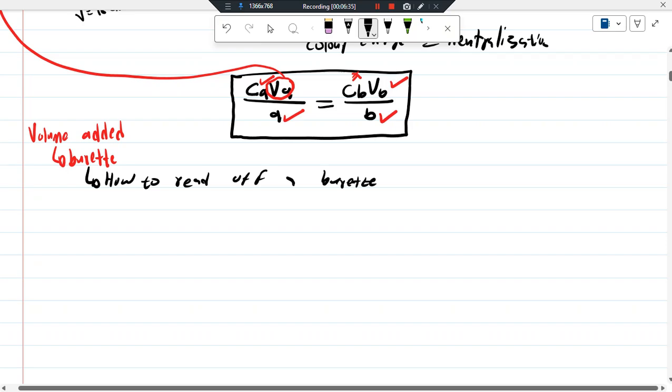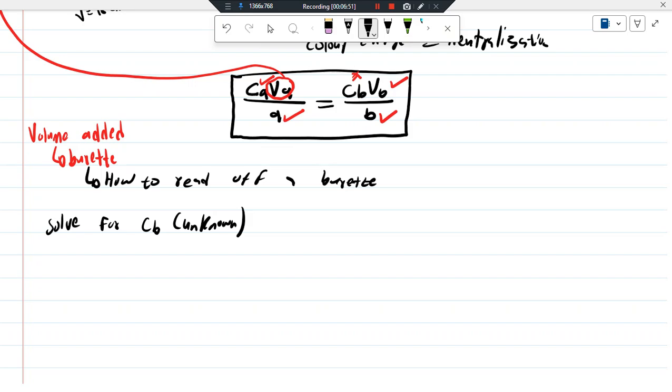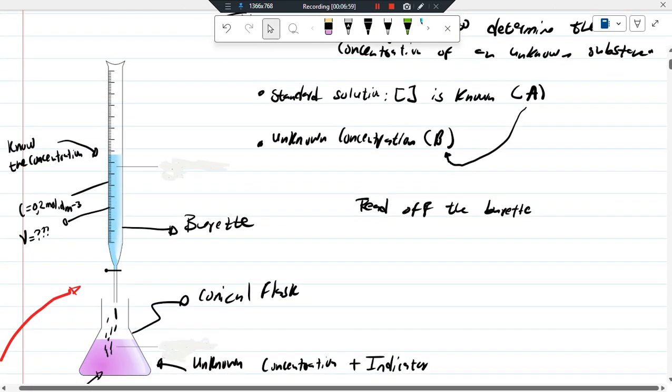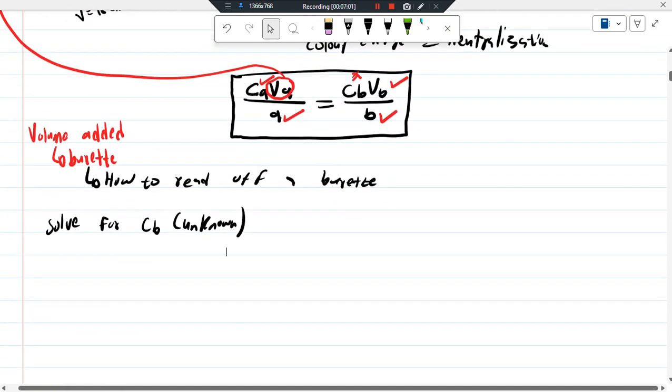And after that you can solve for CB, or the unknown concentration. I'm not saying that all the time the base concentration is the unknown one; this is just an example. So that's that. I'm going to do a question now with you. Oh, the other thing that they ask in this type of question in a titration